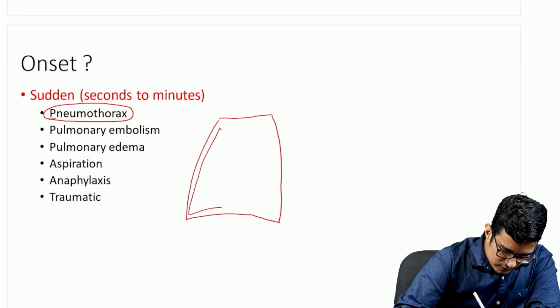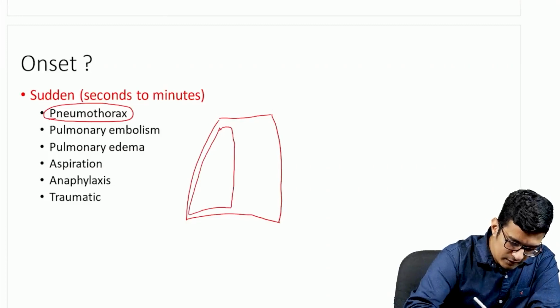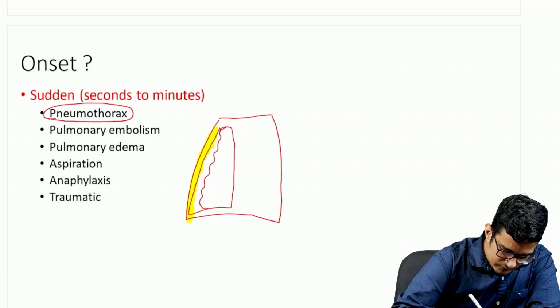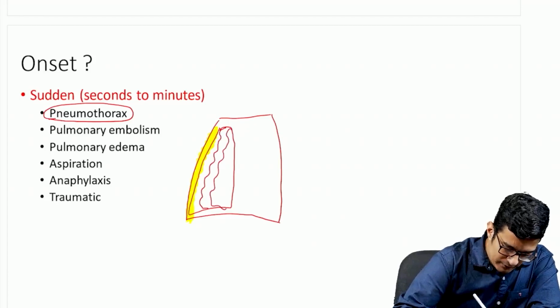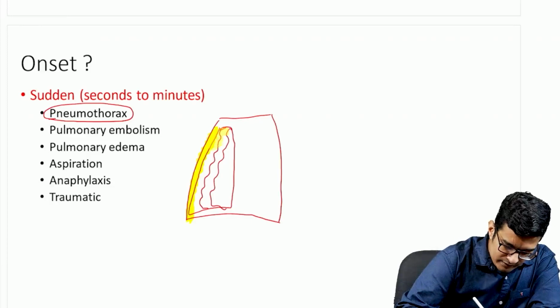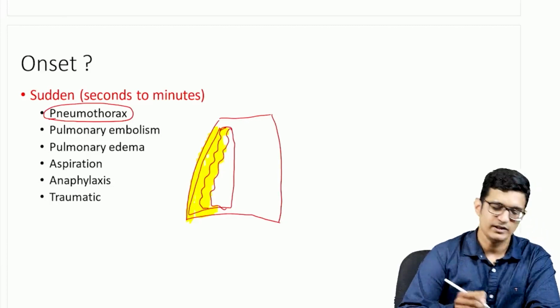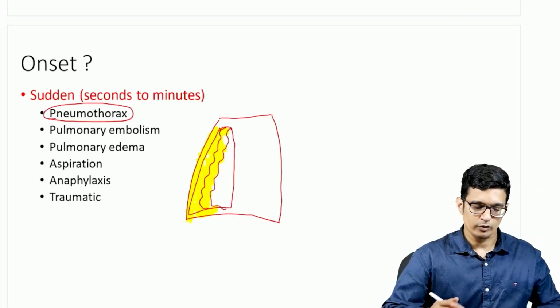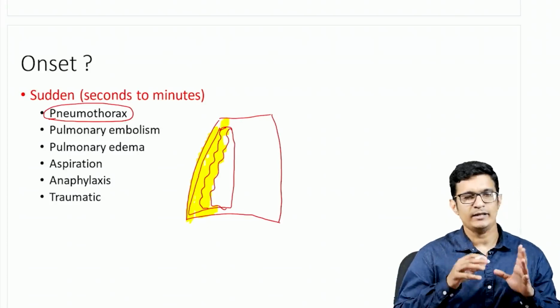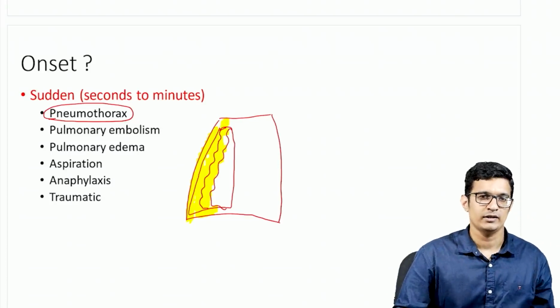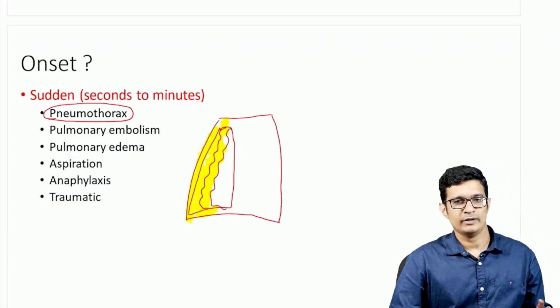So the pleura will be containing a lot of air. Once there is so much air in the pleural space, this air will compress the lung and lead to collapse of the lung. Ultimately, this air will accumulate in the pleural space. It has nowhere to go, because during expiration the air might not leave the thorax. So the thorax will be filled with air and ultimately the lung undergoes collapse, or atelectasis of the lung can happen. So this will lead to a sudden onset breathlessness.